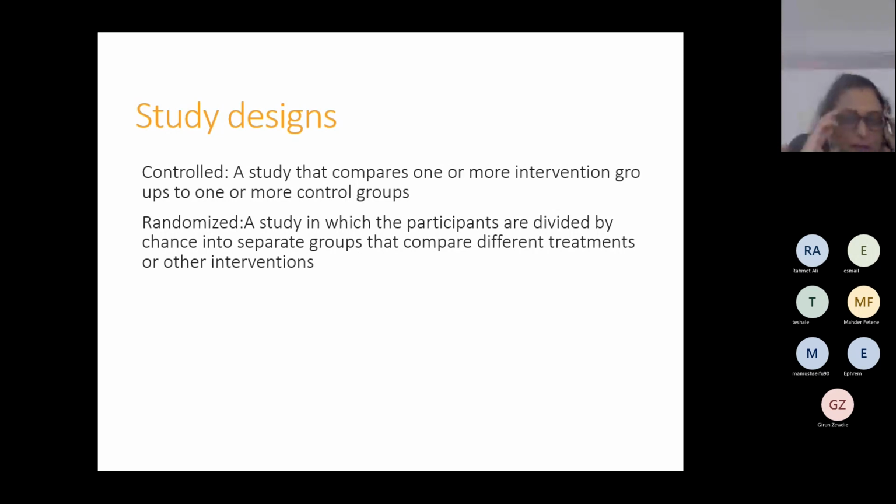In a randomized trial, what happens is you have a certain number of patients. Supposing you have 200 patients. Here, 100 patients will be in one group, 100 patients will be in the other group. But they are divided randomly. It is not chosen which patient is going where and why. Randomly, one patient is put in one group, one patient is put in the other group, but divided equally. So the entire group is divided equally into two and randomly sent to the two groups, and then the efficacy parameters are monitored.